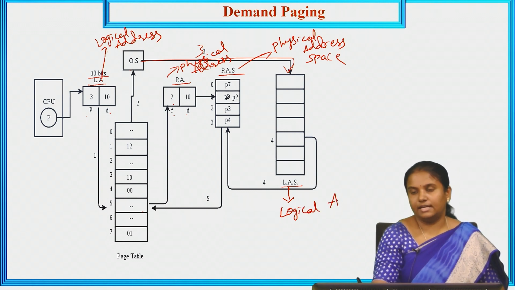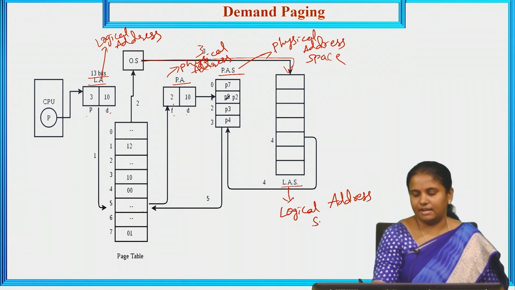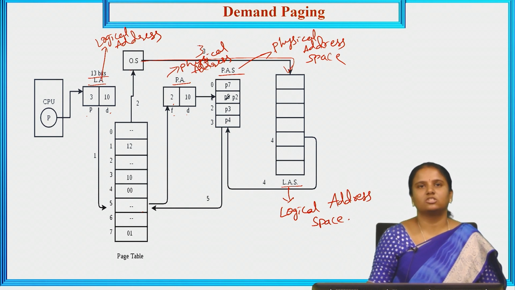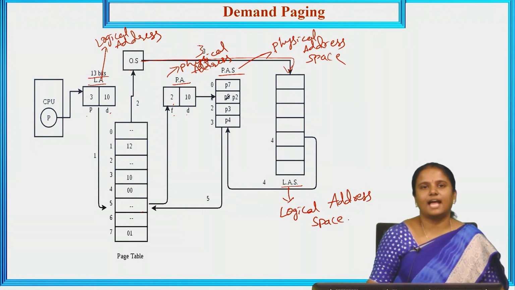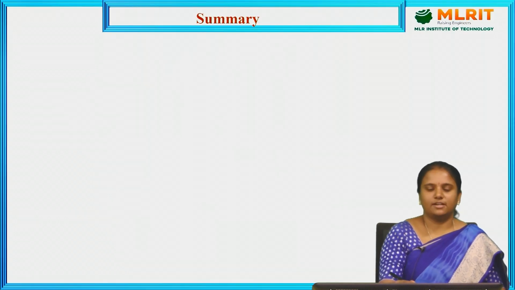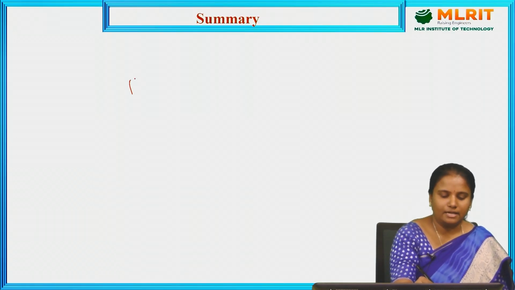So how does demand paging occur when the page is not available? We can see the diagram: the page which is not available is inserted, and the execution starts through the CPU. So in this session we have seen demand paging,